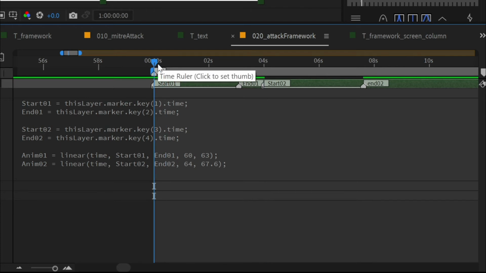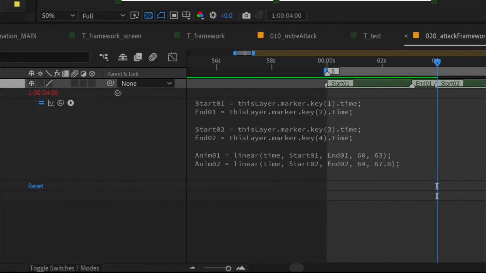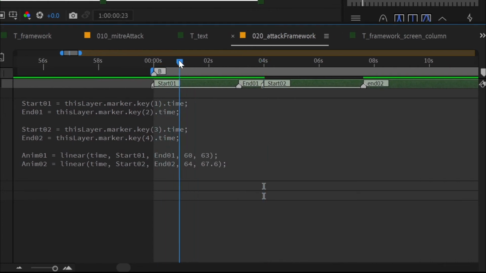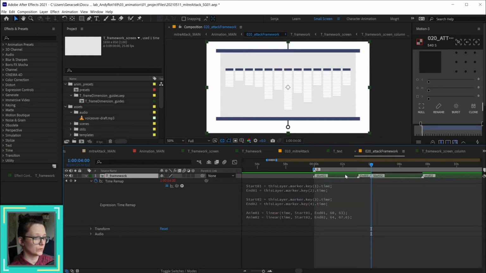And there is another thing that I should point out, that I'm actually currently not able to play all the markers here. The timeline is actually at 4 seconds. And that's because that's my second linear animation, the Anim 02. And that starts at 4 seconds. You can see that over here. And that means this entire comp now starts at 4 seconds. That's the last expression, or that's the last line of code in this expression, which means that's the only one that's being executed. But that doesn't matter, because what I can do is